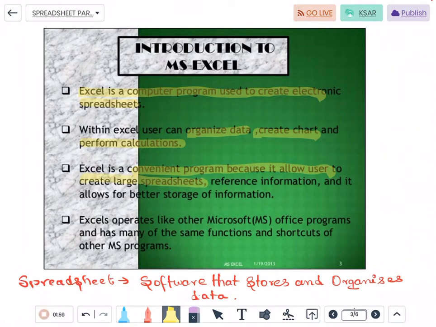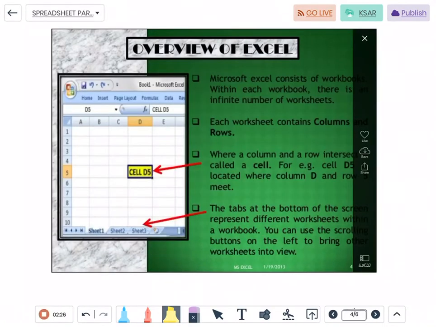Yes, Excel is very much convenient because not only one spreadsheet you can create tons and tons of spreadsheet, reference information, and it allows better storage of information, better organizing of information. Okay, and particularly Microsoft Office programs comes with a lot of features, functions, shortcut, so that makes it even more important for use. Now we will see an overview and understand the terms.